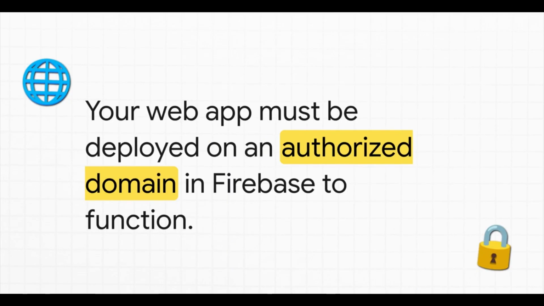Of course, we also want to add Google Sign-In, because let's face it, we all love a frictionless experience. Now, if you test it out and it fails right away, don't panic. Google Sign-In actually requires your app to be live on a real URL to function properly. All you have to do is hop into your Firebase settings, paste your live URL into the authorized domains list, and you're good to go. Your one-click sign-in is officially open for business.